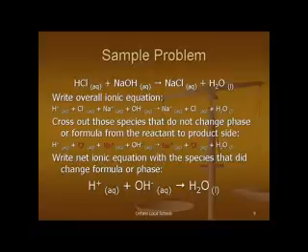The net ionic equation will be the species that did change either formula or phase from one side to the other. So what we have is H plus aqueous plus OH minus aqueous forming